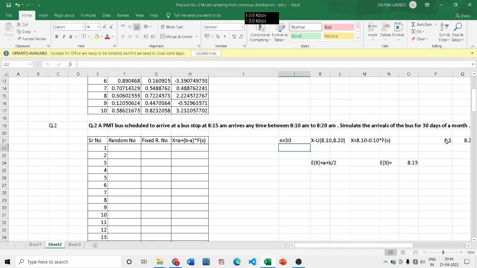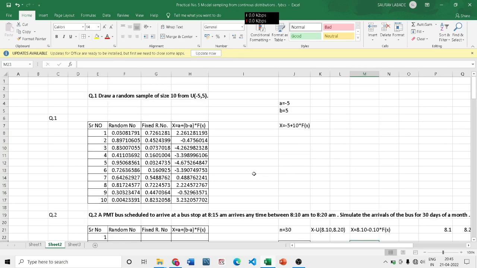Now the value of the small a will be what? It is nothing but 8.10. The value of the small b will be equal to 8.20. So these are my two values, the parameters a and b. If I apply this uniform distribution, my final formula will become a, where a means 8.10, plus b minus a,